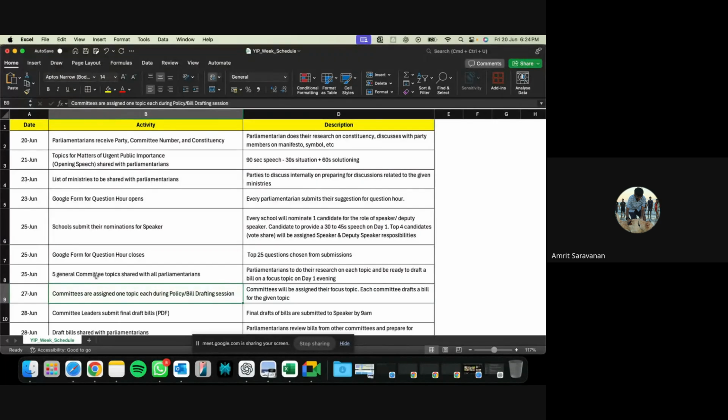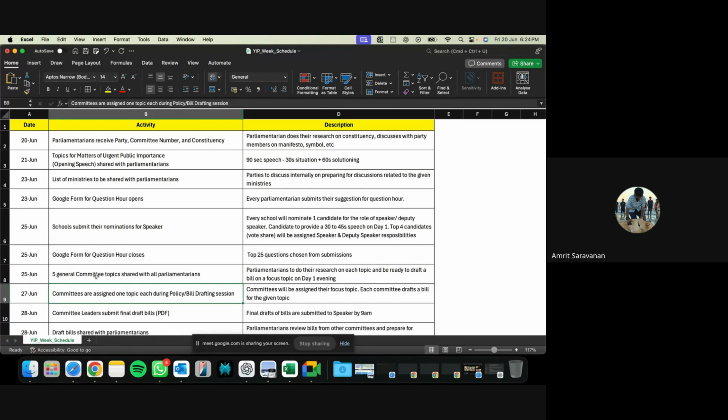Correct. Okay, sir. Sir, the judgment is based on various parameters for various posts, right, sir? Whether it's a speaker or a minister or an MP. Correct. But is it possible that we could know what the parameters are for being a speaker or an MP or a minister?